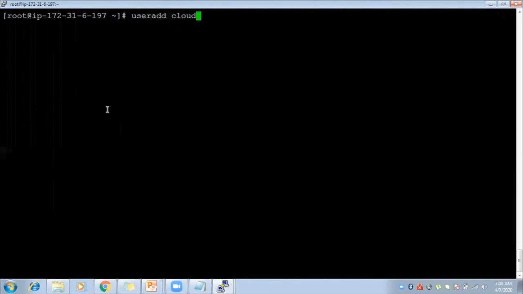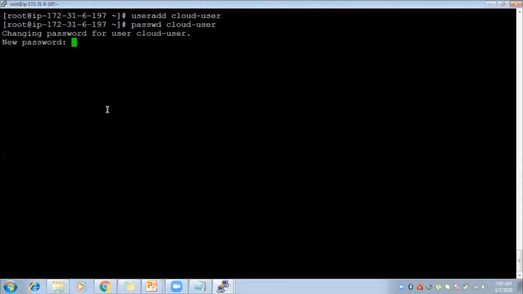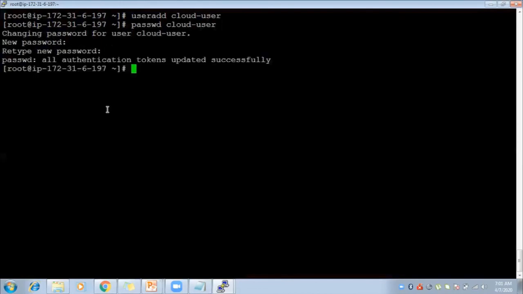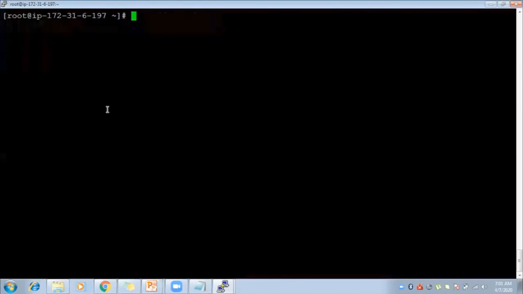Suppose I will set cloud user. I configure cloud user, and now we'll set the password for that cloud user. I will change the host name also.